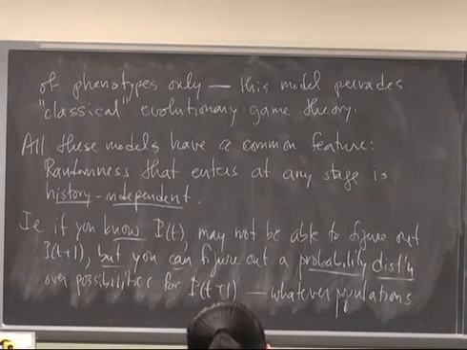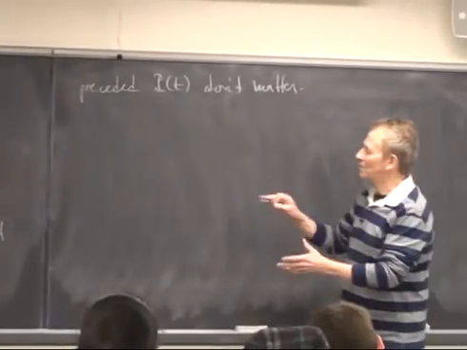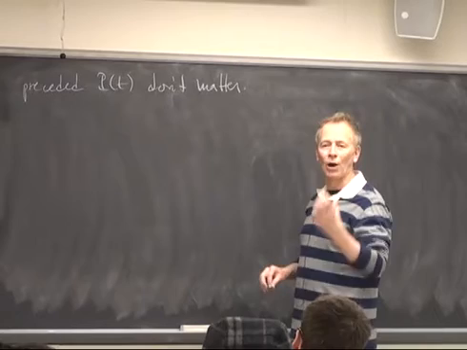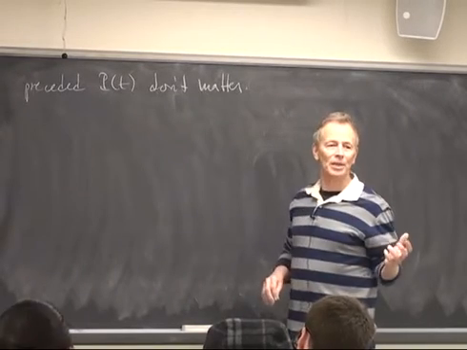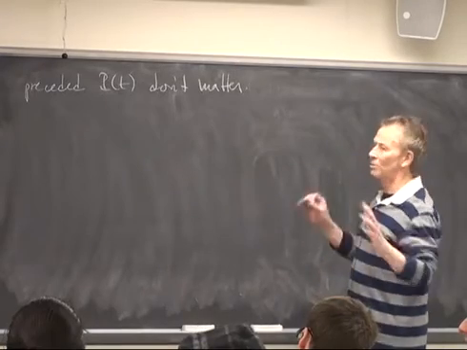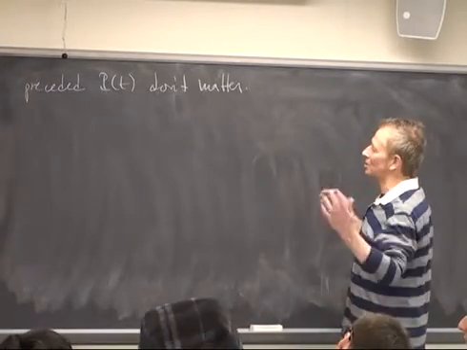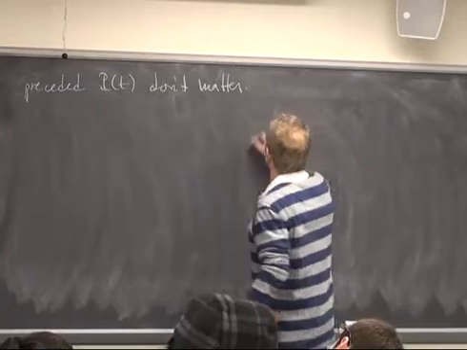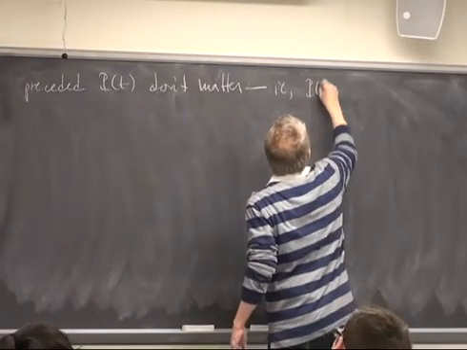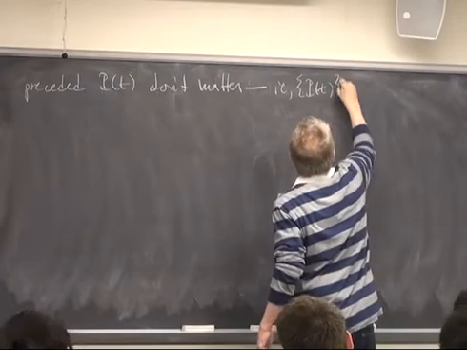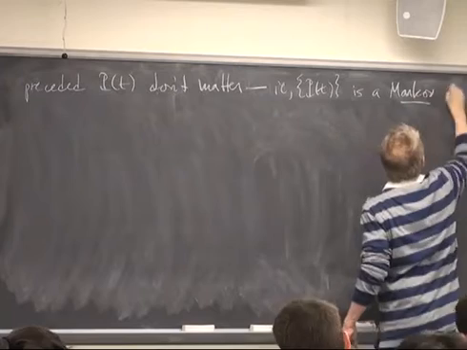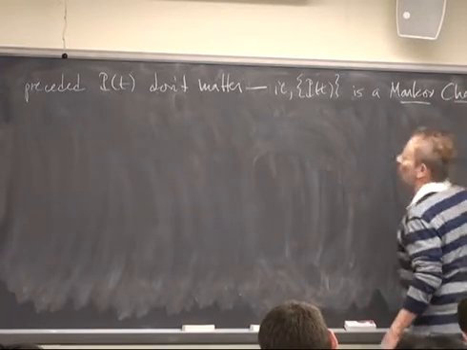And in terms of probability, what this means is that these models are all Markov models. They're Markov chains, essentially, on population space. And that's what we're going to be focusing on later on. I'll get more into technically what is a Markov chain, what is the Markov property, and all that kind of thing. But let me just say for now, i.e., P of t, the set of all P of t's, is a Markov chain. And more on that later.